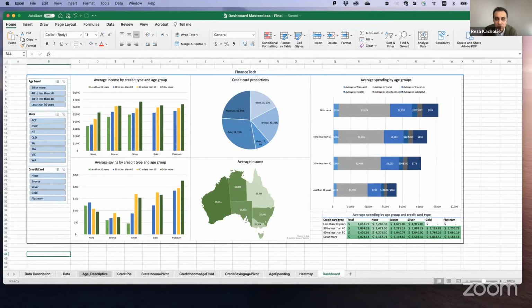Everything is based on our own analysis. Can we make bands for numerical data the way we did with age? Yes, we can. We can say low income, high income, low spending, high spending. And that's a very good thought, Lakshana. It is very helpful. Without this age band, you couldn't compare and contrast, because slicers only work with categorical data. So you create it if you feel that it is adding some value. Yes, that's a good idea. But again, depending on the context.